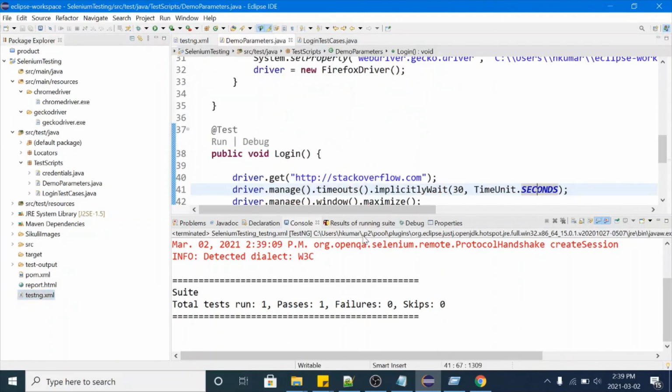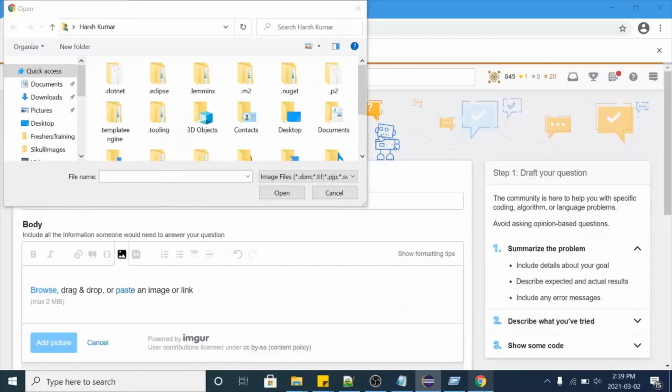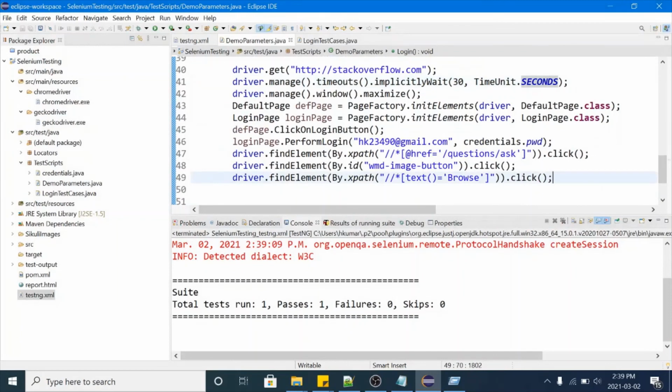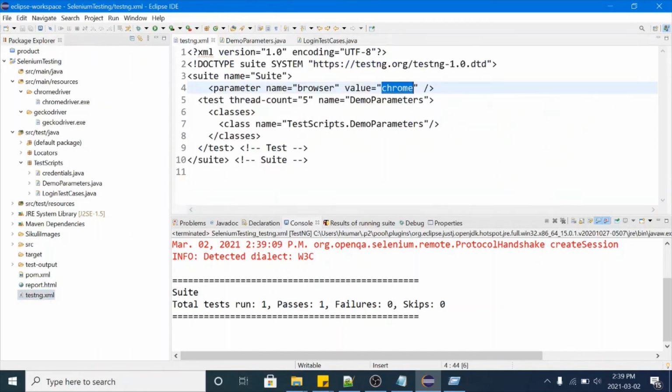Now if we want to perform this scenario on Firefox browser, how can you do that? We need to use driver.close. It will close the browser after your test script is successful. Now you've seen that this test case was executed on Chrome browser. To execute this scenario on Firefox browser, we will pass Firefox here.